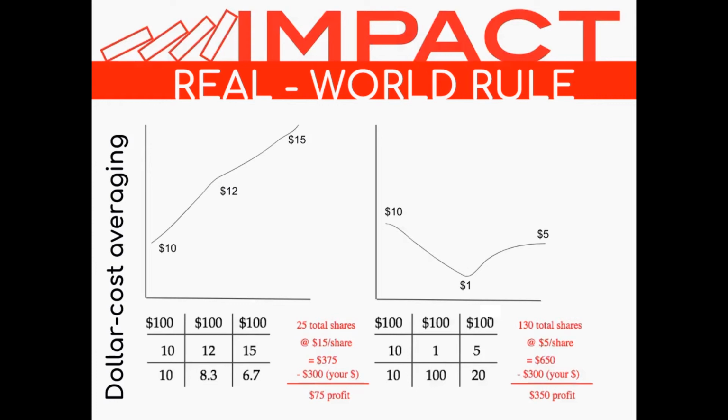Now, again, this is a hypothetical scenario. This isn't going to be exactly what it would do over a 3-month period. There's no way to predict it. There's no way to know for sure. But here's the thing that people do know for sure. They know that they want to retire someday. They know what their budget looks like every month. And if they're disciplined, they should be able to have an amount that they could realistically set aside each month.